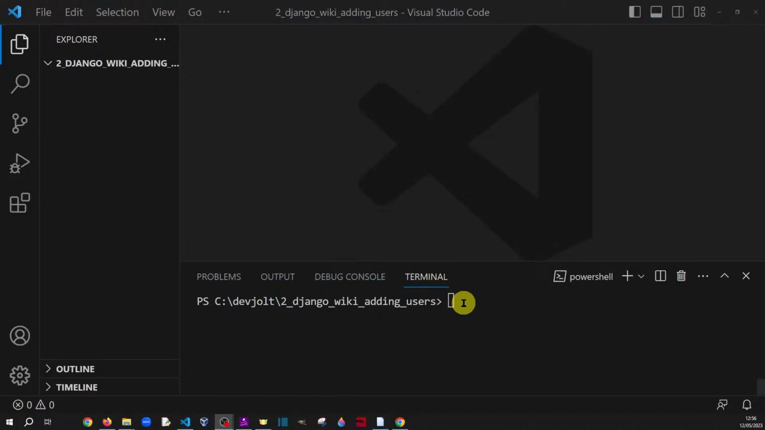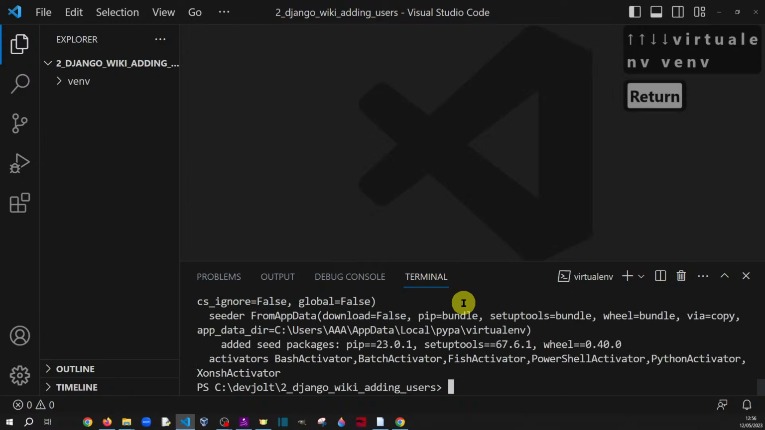Before we create our users, we're going to need a fresh install of Django-wiki. So let's make a start. Let's create a virtual environment, which we're going to call VNV. And whilst that's creating, that created ever so quickly there, let's now